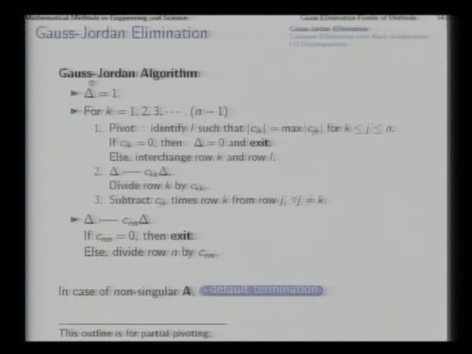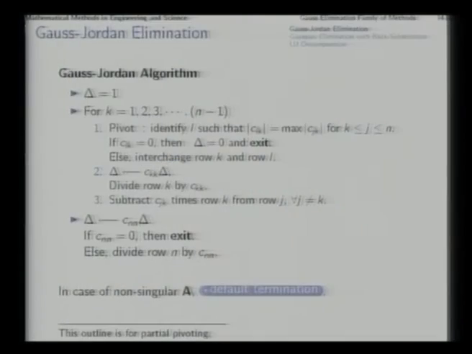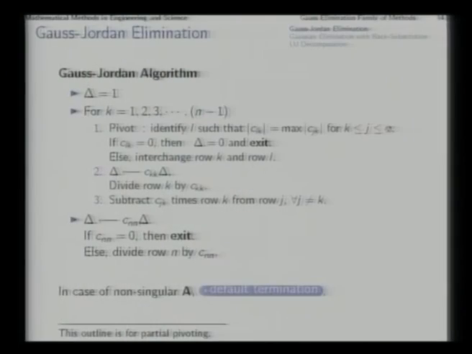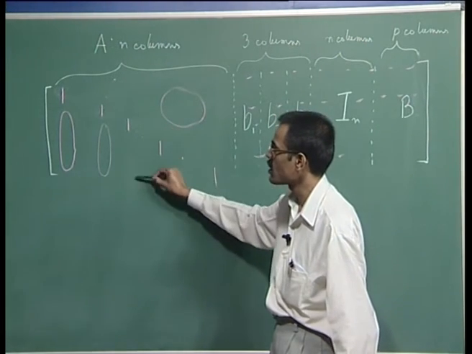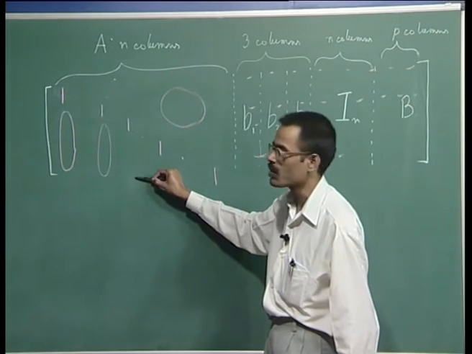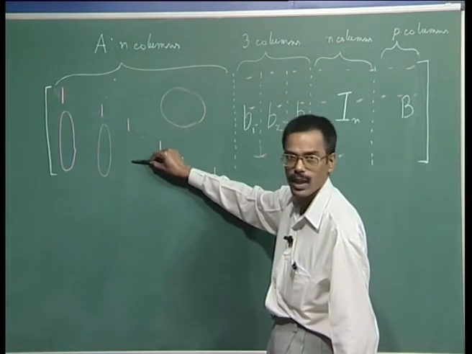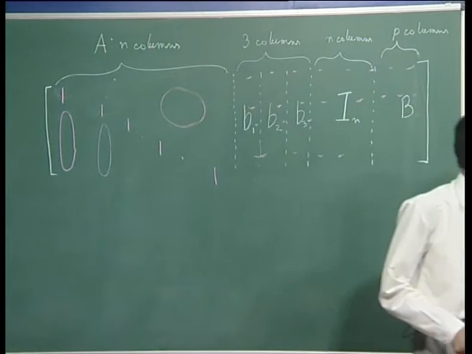So, for that purpose first we initialize it, and then for the first, second, third diagonal entries we go on doing pivoting and the corresponding updates of the other rows. So, this pivoting step: identify L such that absolute value of C_Lk is the maximum in the column from that diagonal entry downwards, that is from k to n. So, when k is 3, we will be pivoting at this location. So, from here to here, whatever is the largest absolute value entry, that will be selected as the pivot, and the kth row and that row, the Lth row, will be interchanged. That is the pivoting step.